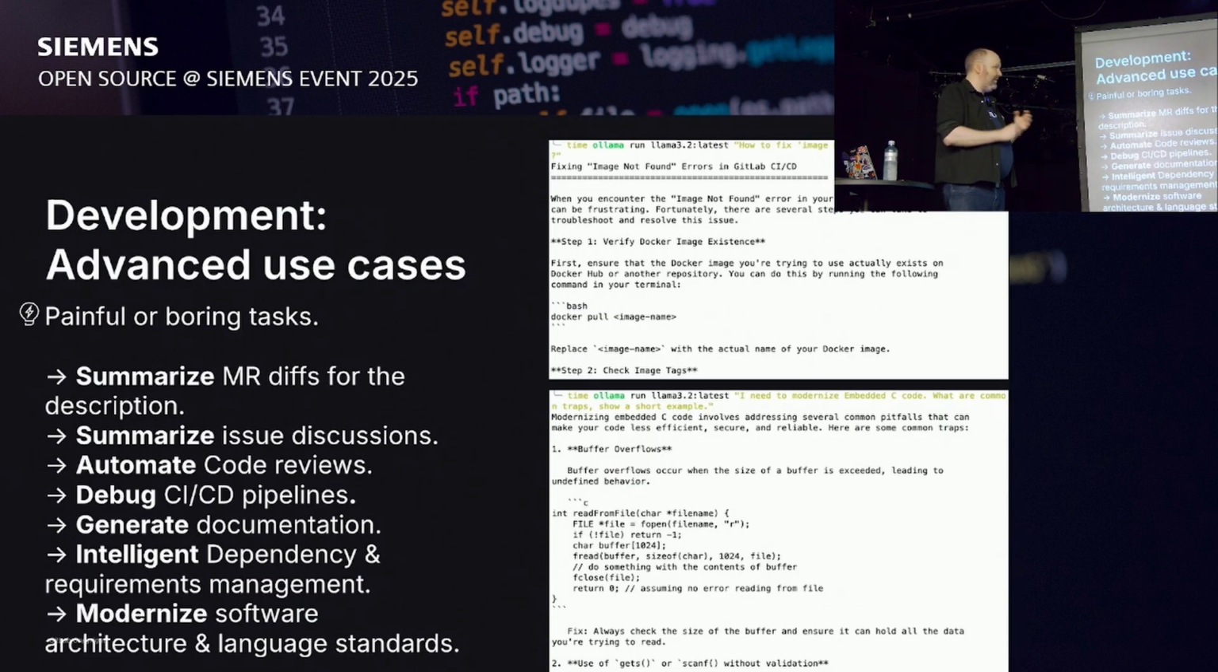Other use cases, and there are so many for developers, could be anything that is painful or boring. Use AI for that. So I learned to love summarizing merge request diffs for the description, which generates some magic text for me, and I don't need to think what function and so on happened before. I still need to review that, but I find it really, really refreshing to actually leverage that in GitLab. Also similar to issue discussion summaries,